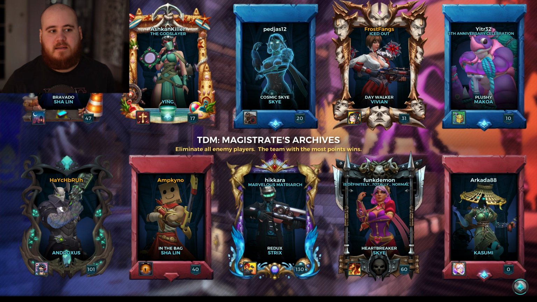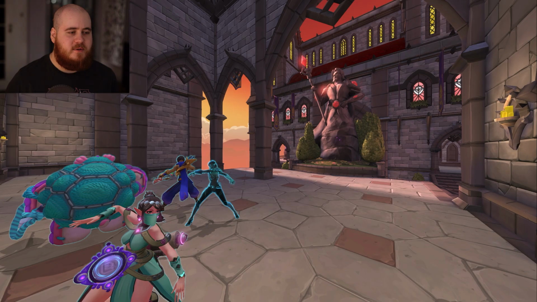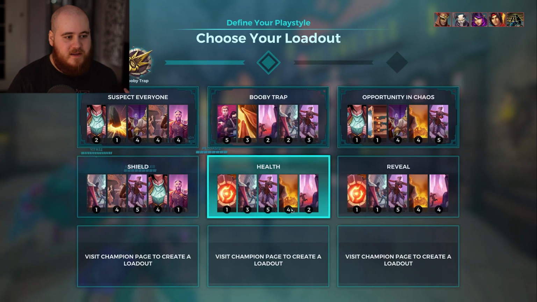But Riku, game 2, a quick little TDM to finish it off. Charlene, Ying, Sky, and Makoa versus Andro, Charlene, Strix, Sky, and Kazuma. Looks like we're going to get bodied. You never know. We're going to go for the same thing, Booby Trap, and then the...